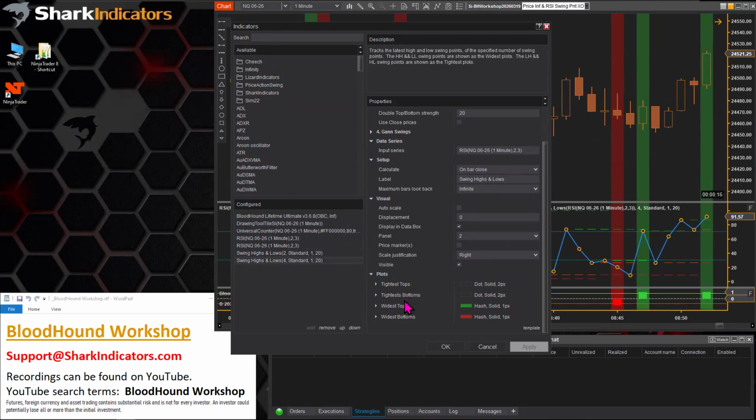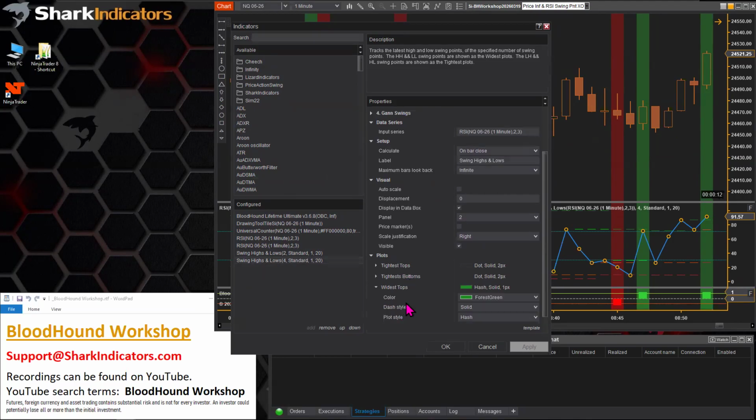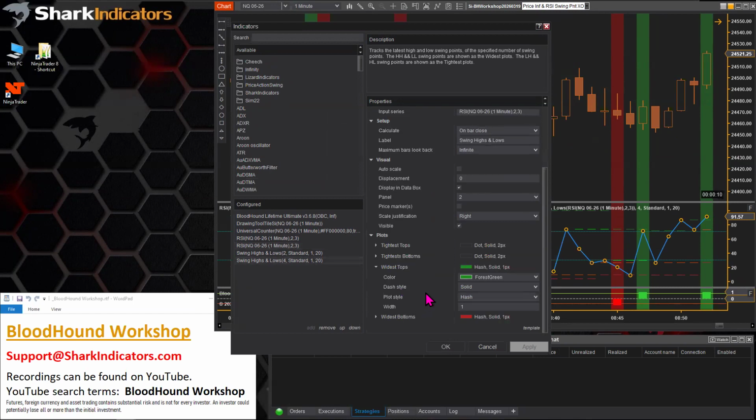Back when NinjaTrader had a forum that they actually listened to, I would encourage people to ask NinjaTrader to add this. Maybe at some point they will add a secondary line, call it a line dot plot style, and it would do exactly this: put a line and a dot.